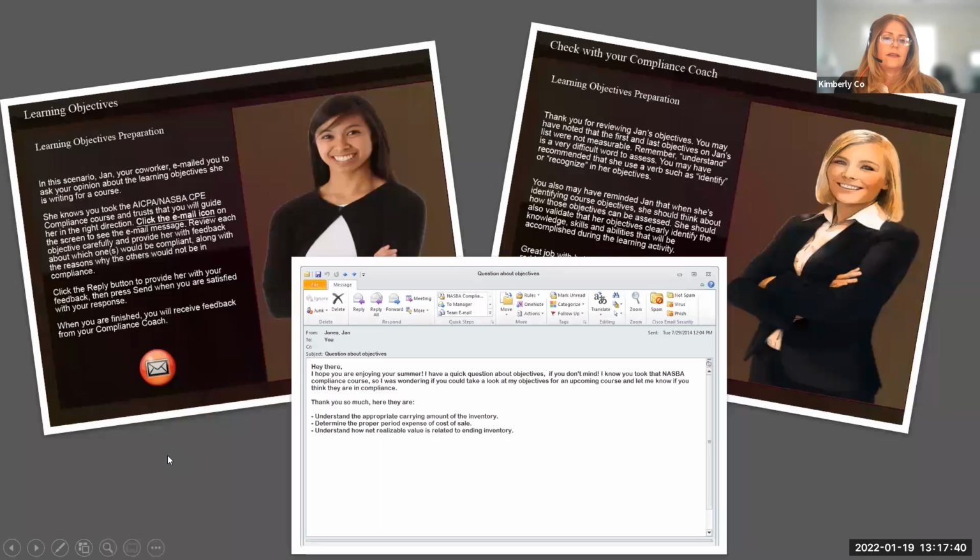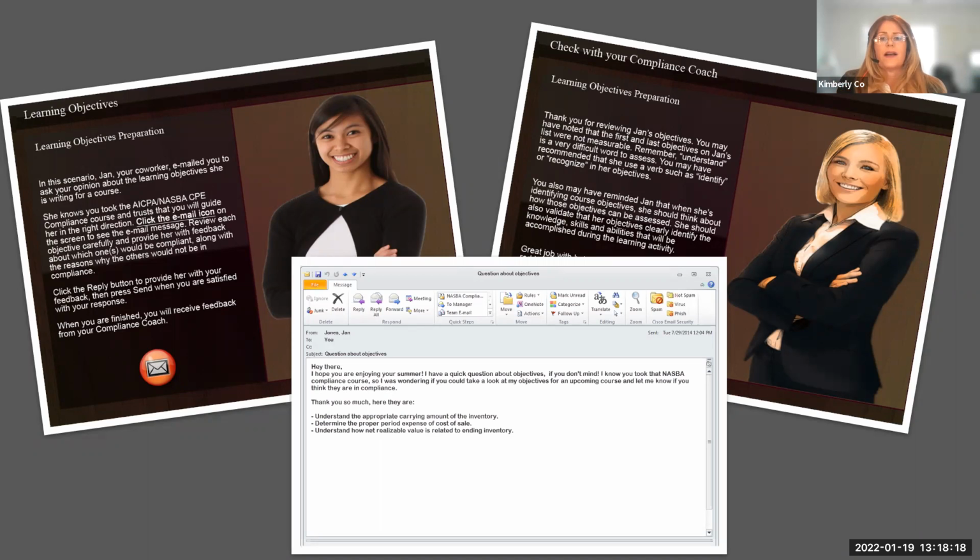All right, you could take them to the next slide, and just a quick glimpse here, if y'all can see it. It's from our compliance course again. This was an example of an activity where we provided feedback. In this scenario, the learner gets an email from their coworker, Jan. Jan's got some questions about the NASBA compliant learning objectives. In the first screen, you can see where that scenario is set up. And then you have the visual of the actual email inbox.